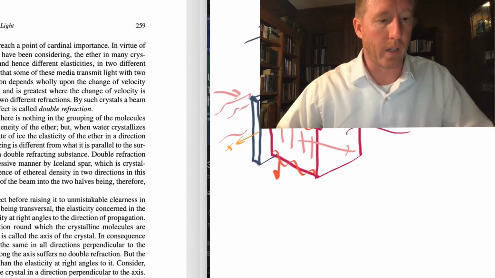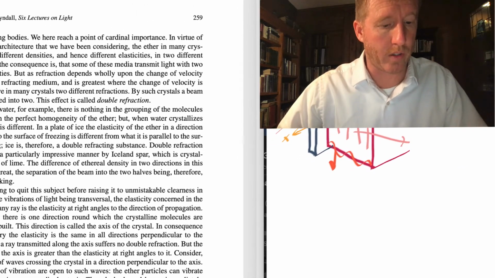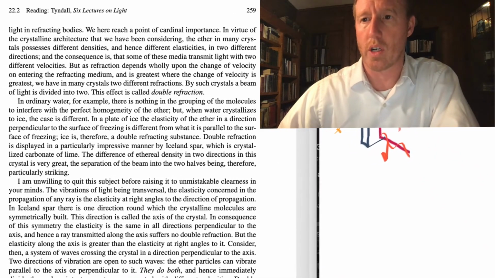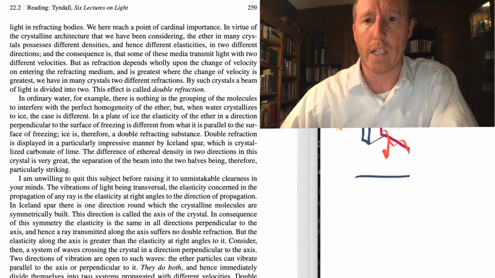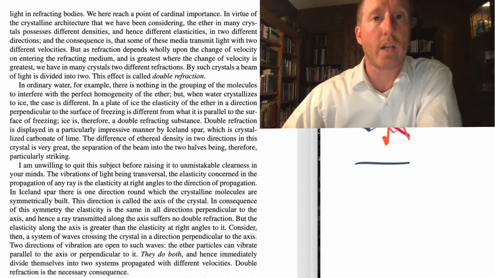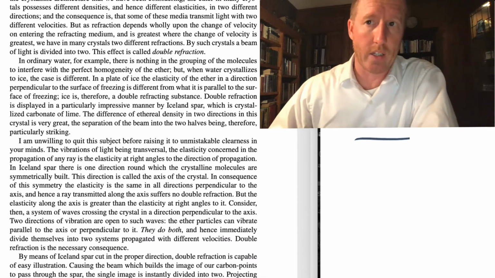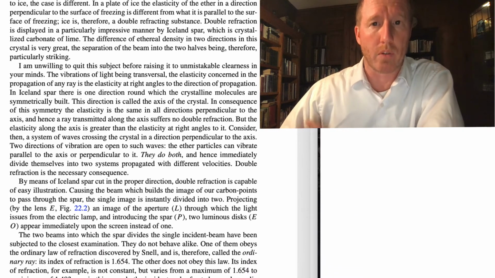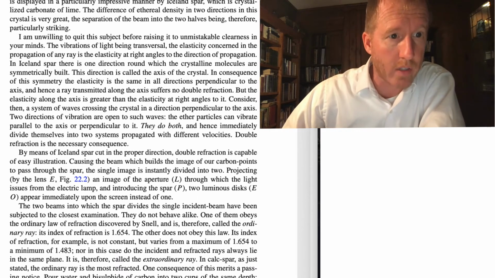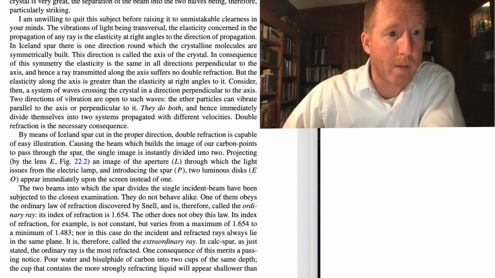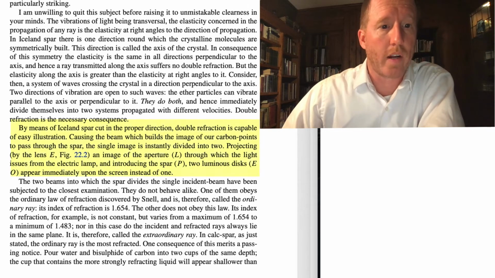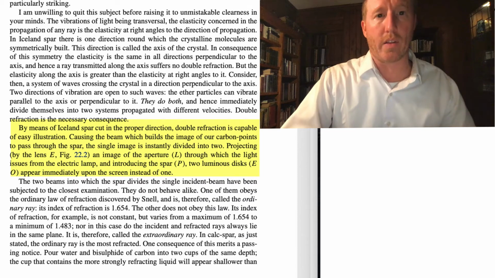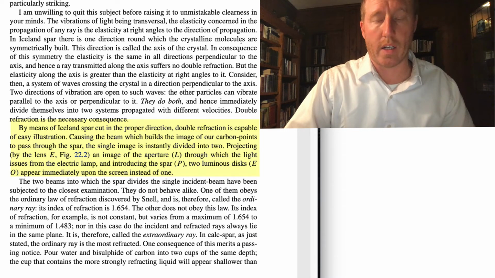Okay, now if we go on page 259, what Tyndall is going to continue talking about is how light, when it's traveling through certain kinds of media like calcite or Iceland spar, is divided into two beams. This is birefringence that he's talking about, and that is something that he talks about in the second to last paragraph on page 259, and then he points this out on the following page in figure